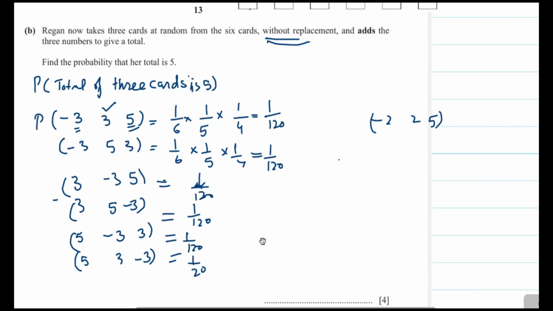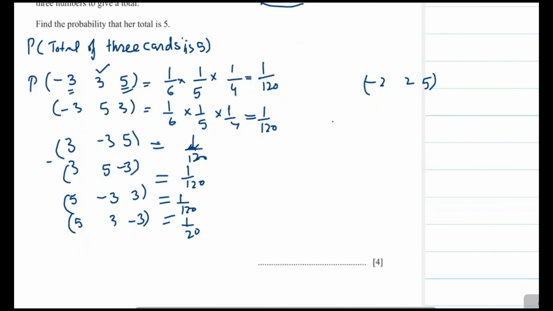Now the probability of minus 3, 5, or other case will be probability of minus 2, 5. You see here, that is also 1 over 6, because you have to choose one card out of 6. The remaining card will be 5. You have to choose one card, 1 over 5 and 1 over 4. This also is 1 over 120. Now, another 6 possibilities of these numbers. Now we can write the probability of sum of minus 2, 5 will be